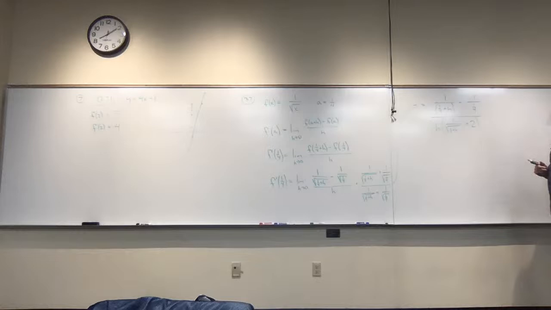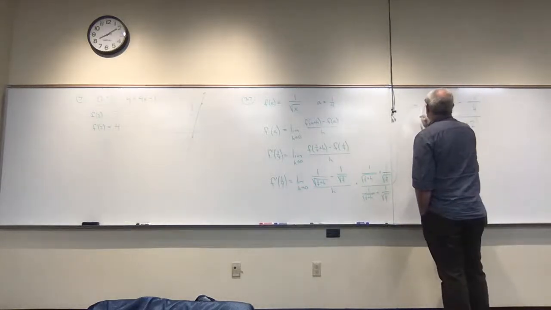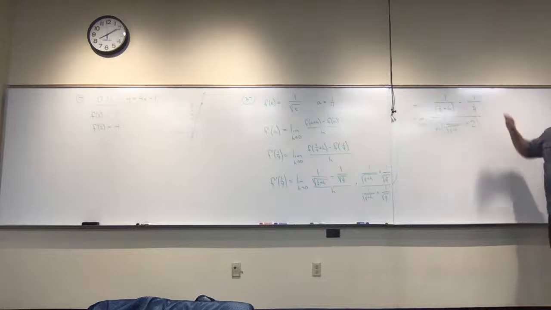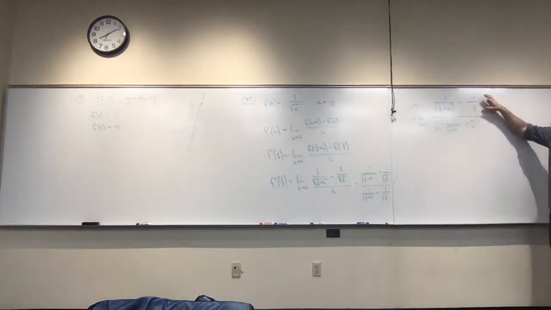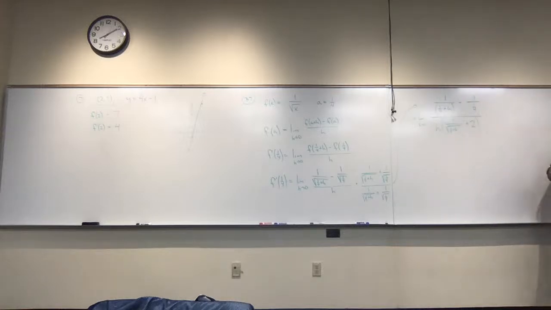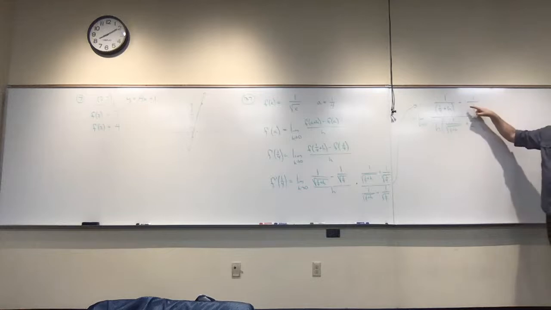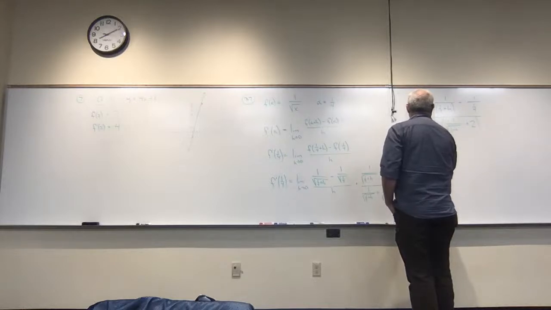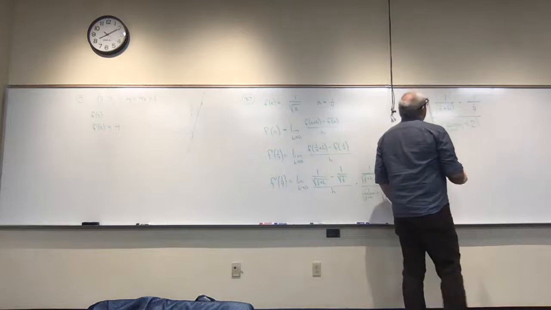All right. Now the question is, has anything gotten any better? I didn't write the limit, did I? Limit as h goes to 0. Okay, so right now nothing has really gotten any better, but I think this is a little better than it was before in that I don't have the square roots on the top anymore. So now I should be able to combine these two fractions into one nice fraction. This, of course, is 4, right? And so what I could do is say this is equal to the limit as h goes to 0 of, all right,